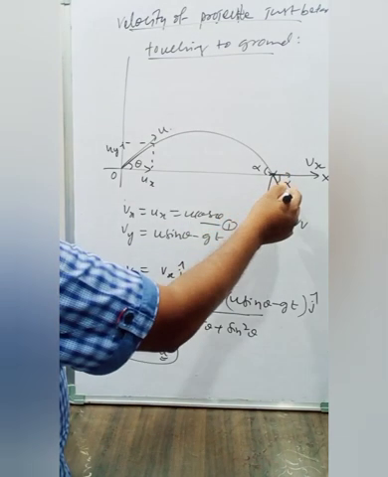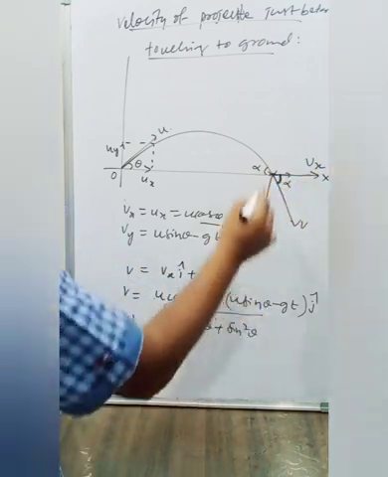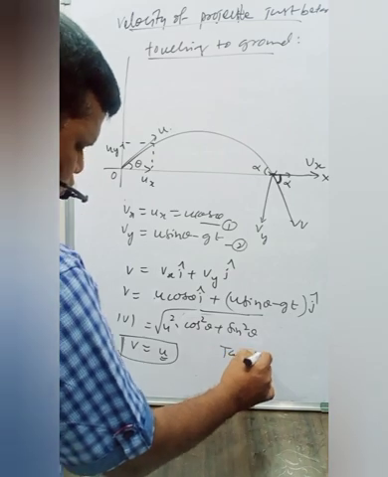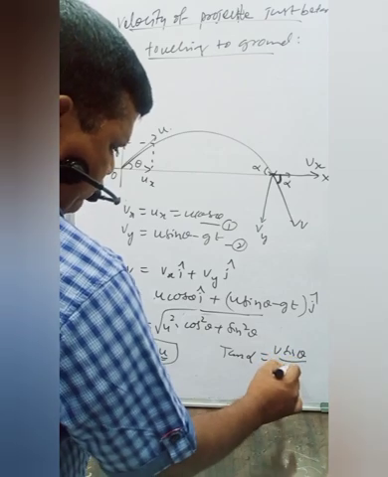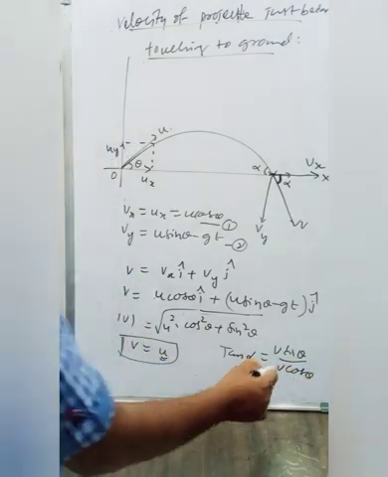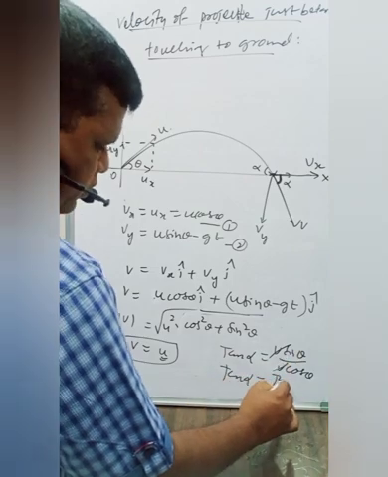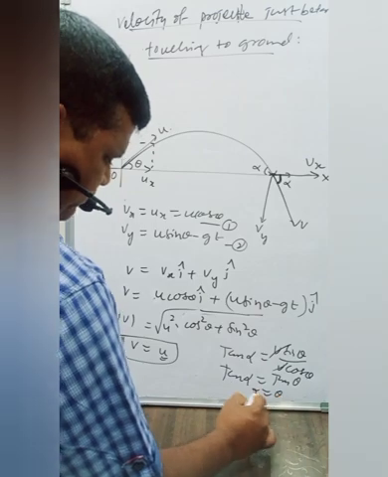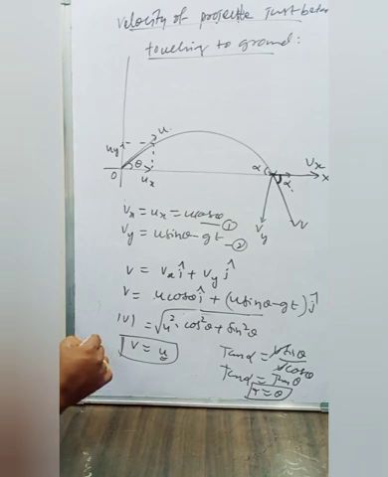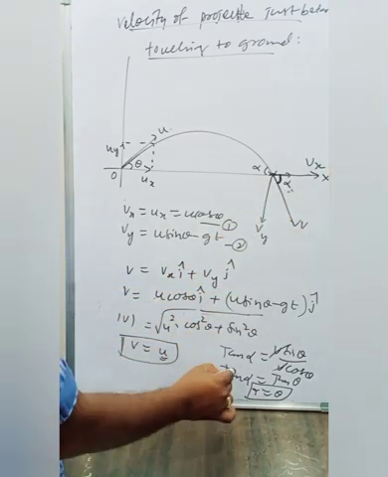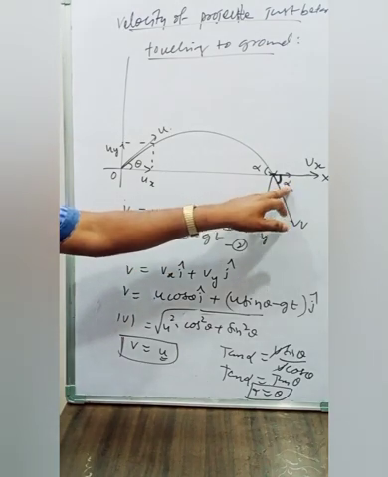Now I am giving the angle. This is the angle of the reached plane. We can write tan alpha is equal to v sin theta by v cos theta. Here v cancels, sin theta by cos theta is tan theta. Therefore alpha is equal to theta. This is the angle of projection. Theta is equal to the angle of the reaching point, so alpha is equal to theta. So we can say that the angle of projection is equal to the angle of the reaching point.